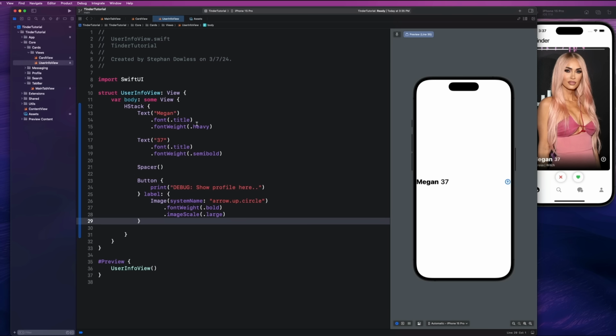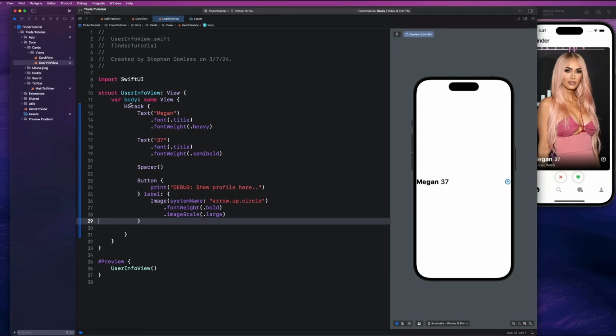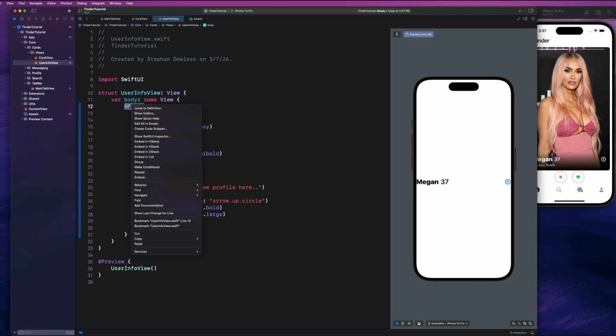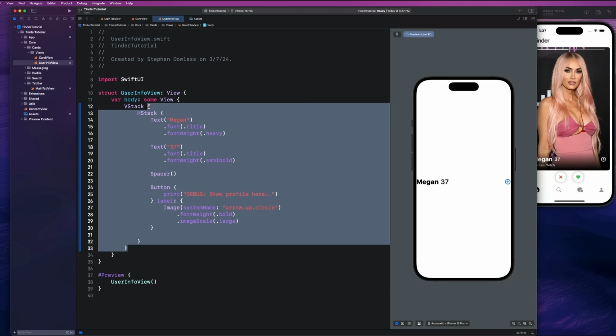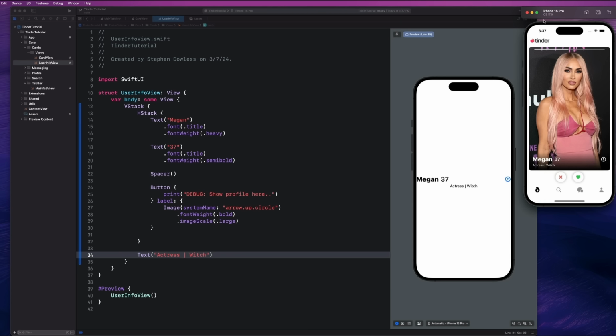And then underneath this, guys, we want the user's bio, right? So we want this bio underneath all of that. So let's just go ahead and wrap this up in a VStack. So you guys can right click on that HStack, right? Hit Embed in VStack. And underneath that, we can say Text, "Actress and witch,"